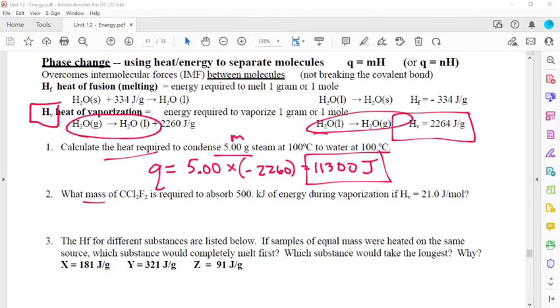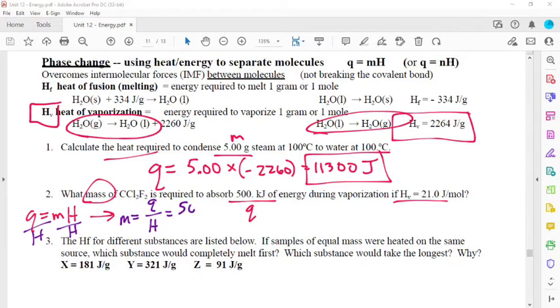In the next one, it's asking us to find our mass, and it gives us our energy, our Q, and our H that we need to be using. So we can rearrange this equation, Q equals mH. To solve for m, we would have to divide by H on both sides to get the m alone. So m is equal to Q divided by H, and since Q is 500 and H is 21,